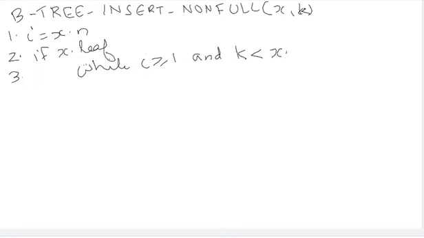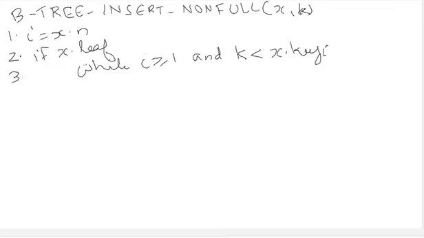So we start from i equal to x.n, and every time we check whether k is less than x.key[i], that is, whether the last element is greater than the key to be inserted. In that case we need to find room for this k.